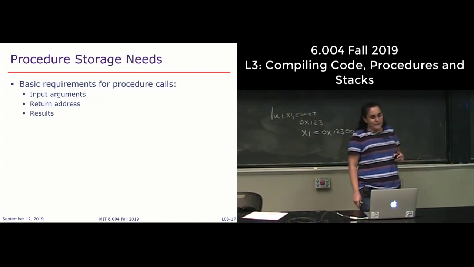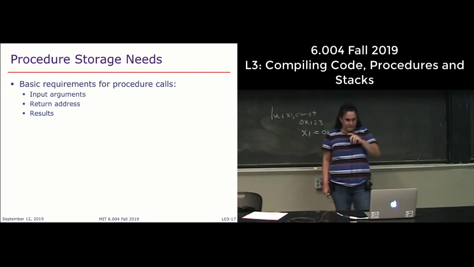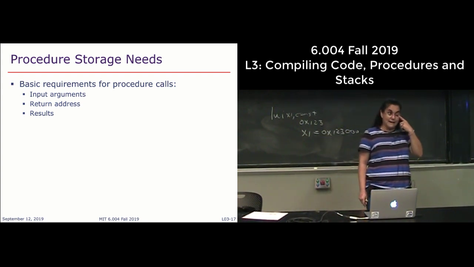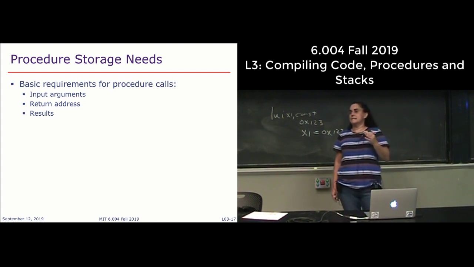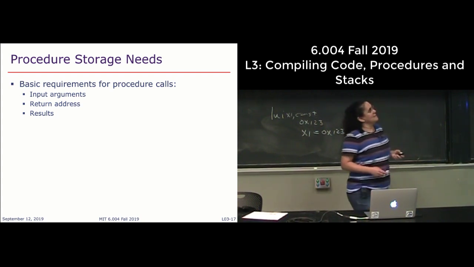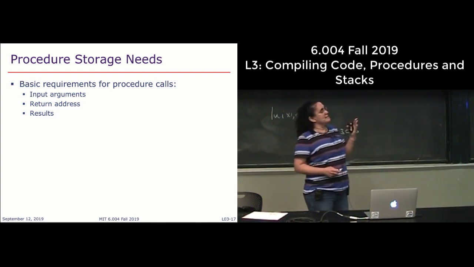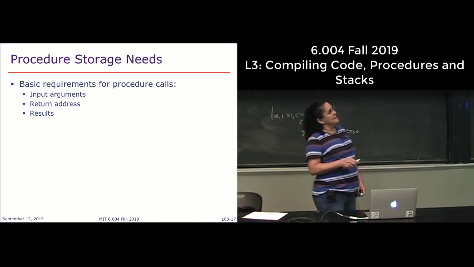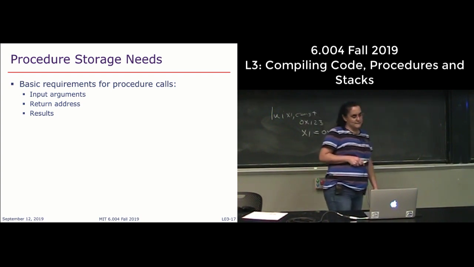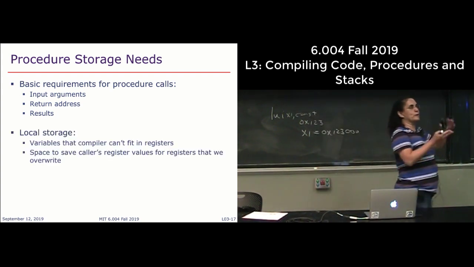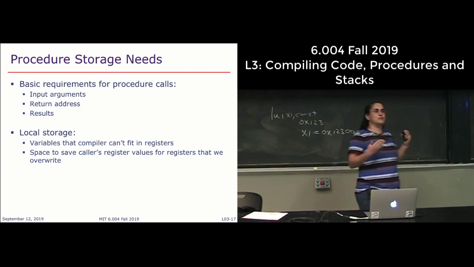So the way that we're going to deal with this is as follows. We're basically going to have some storage needs every time we make a procedure call. Specifically, every time you make a procedure call, you're going to need to worry about three things. The first is input arguments. The second is the return address. And the third are the results. And in order to do this, we're going to use local storage for every single procedure call